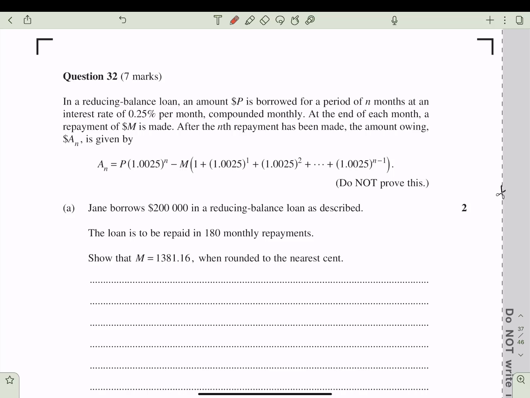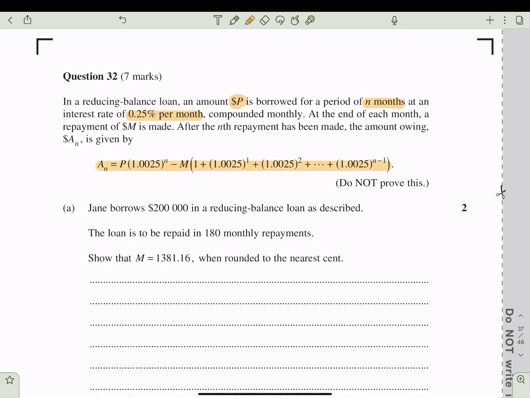Okay, question 32, last question of the paper, and overall a pretty tricky one. So, we have a reducing balance loan with an amount P dollars being borrowed for a period of N months. The interest rate is calculated at 0.25% per month, compounded monthly. Now, the question is very nice because they actually do give us the equation without wanting us to prove it,